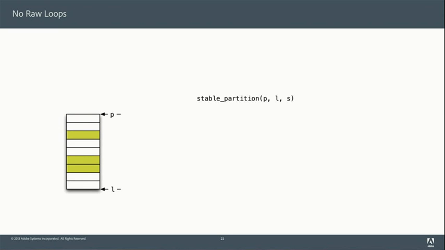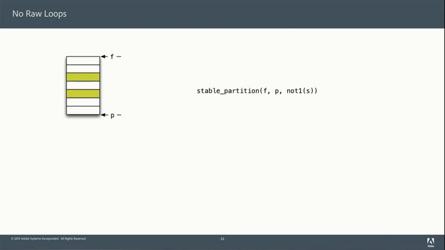partition. Okay? Stable partition says take the good guys, the selected guys. In this case, we have some predicate S, which is marking our green guys, our selected guys. Okay, and take the selected guys and move them in front and move everything else down, but don't rearrange their relative positions, hence stable, right? An unstable partition would let you shuffle things around within the relative partitions. Okay, so doing this is just a call to stable partition.